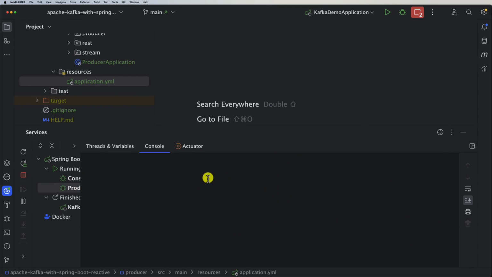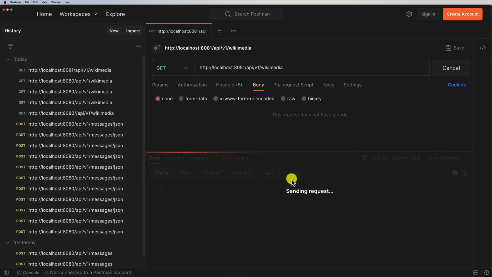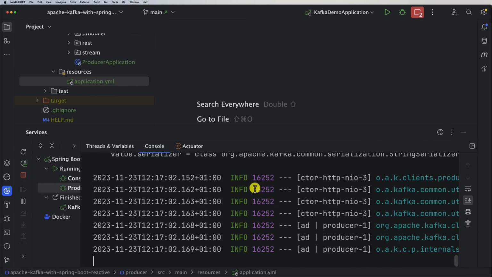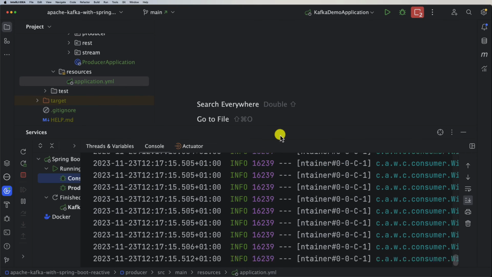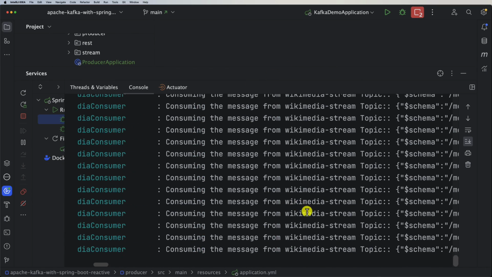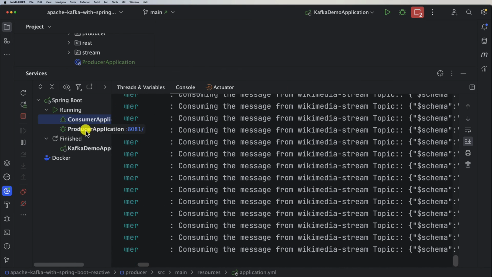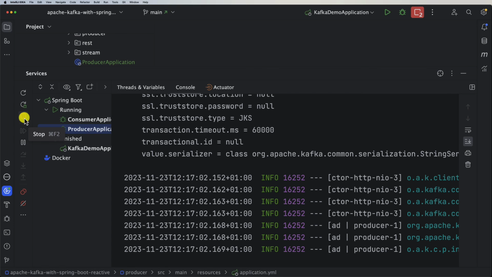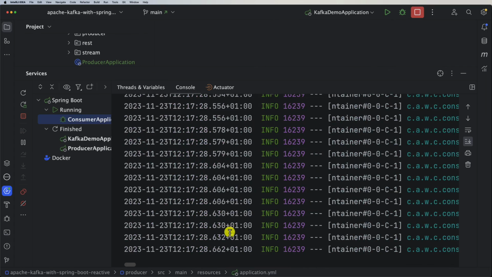I will clean the console and then open Postman again, and here I need to change the port and send the request again. Here we see that we start producing the data, and if I open the consumer, we will see that we are consuming messages. So the consumer is up and running, and we are consuming the data coming from our producer. Now, if I stop the producer from sending the data, you will see that the consumer will no longer receive any other messages, so it stops printing the data.